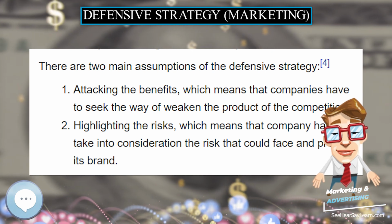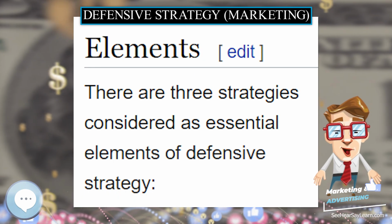Dimensions. There are 5 dimensions of defensive strategy,